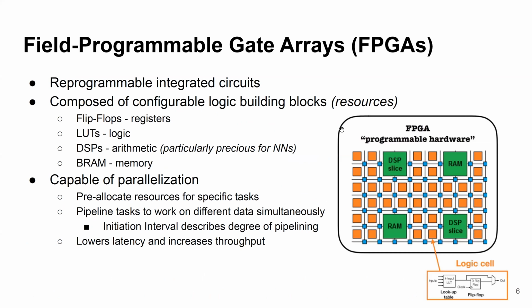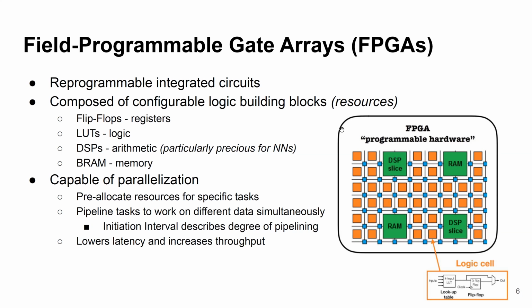So what is an FPGA? A FPGA is essentially a reprogrammable integrated circuit. So they're composed of configurable logic blocks, which we call resources. You can see listed there a few of the standard resources that come into play: flip-flops, LUTs, DSPs, and DRAM. DSPs are particularly precious for neural networks because they essentially represent all of the matrix multiplies that happen in the